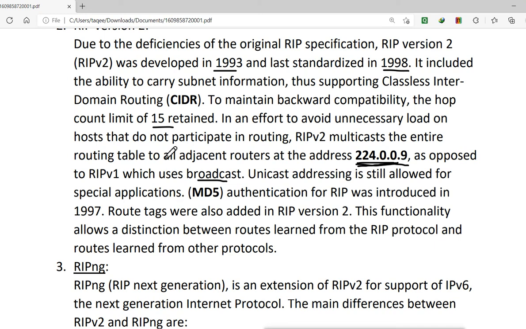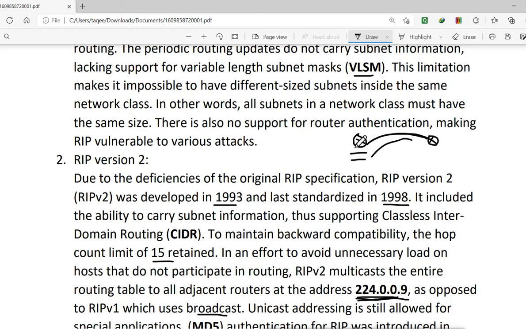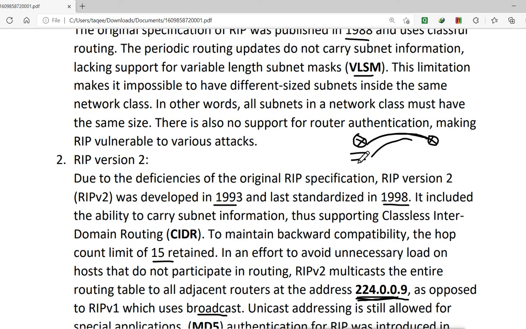Then one more thing it added is triggered updates. Remember, RIP version 1 was only updating the network after the timer expires. So when network 10 was down, it was not informing the other router until the timer expired.